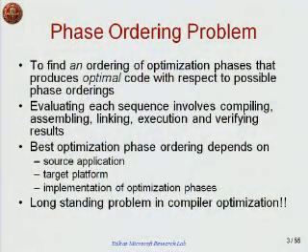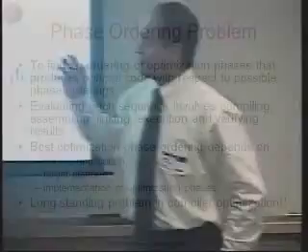So then quite simply stated, the phase ordering problem is the problem of finding an ordering of optimization phases which produce the optimal code for every application or every function. However, obviously this problem is very hard, mainly because of two reasons. The first is that current compilers contain many different optimization phases, and there are few restrictions on the orderings of those phases. This means that the space of all possible orderings of optimization phases is very large.